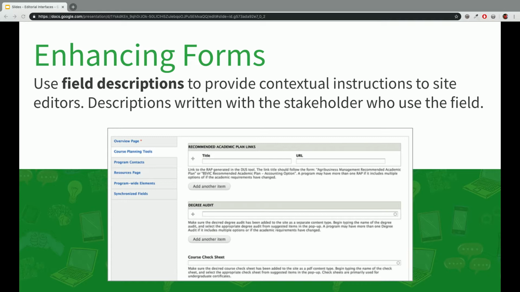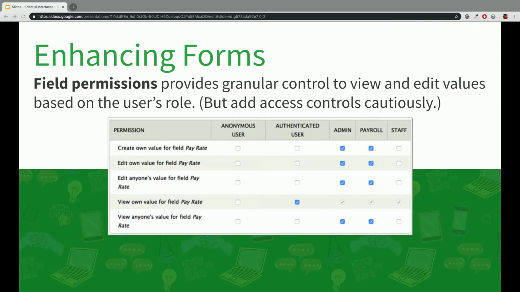And this was a good example of recommended academic plan, degree audits. I don't know what these things mean without further context, but somebody else did. I can add the fields and do the architecture work, but help me communicate it to the folks who are actually going to use this form. Field permissions are another way to extend this. I don't use these lightly. Field permissions do add a level of complexity to your architecture, but in the case of submitting a timesheet to